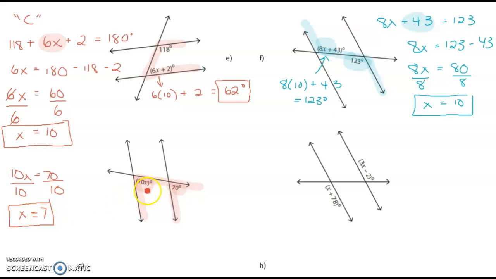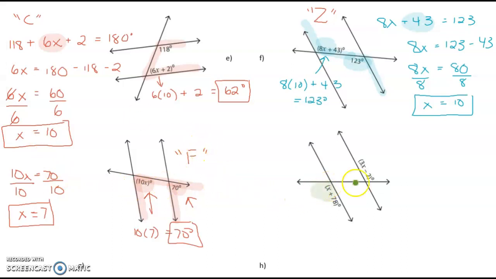So if we were to try to figure out this angle right here, it's 10 times 7, and that gives us 70 degrees. And this right here is 70 degrees, so you know we did it right. Okay? So just a little reminder here, this was the Z pattern up top. This one was the F pattern. Okay? And then last one out here, we have, I'll use this color,